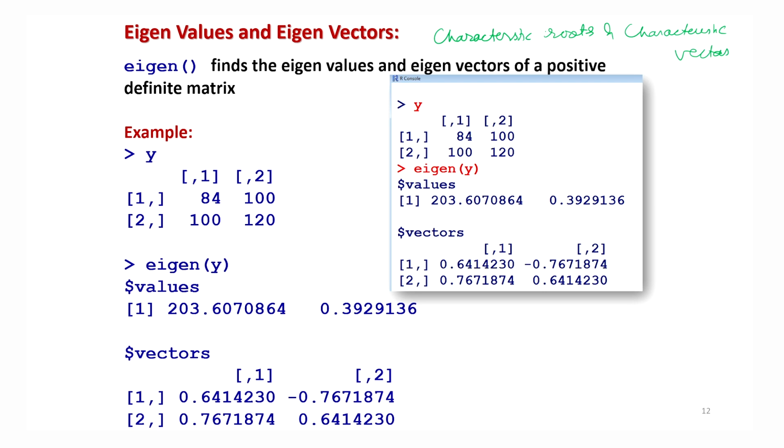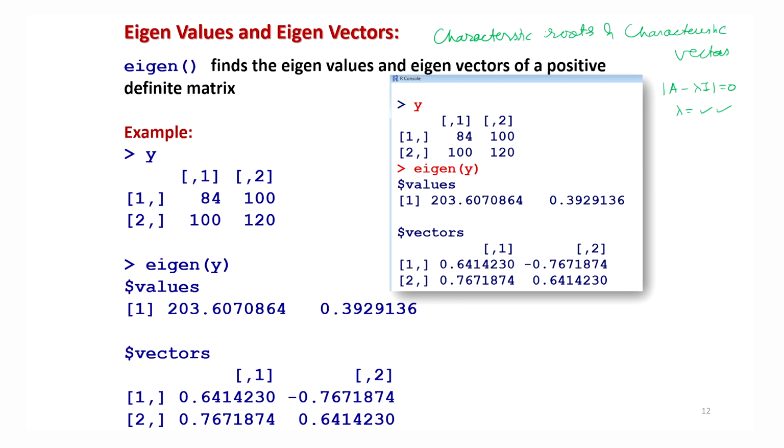Well, I'm not going to give you the details of how you find the characteristic roots and characteristic vectors. Actually, it is something like if you have a matrix A, you solve the determinant of A minus lambda times I equal to 0, and then you will get different values of lambda, and for each value of lambda, you try to find a characteristic vector. But anyway, I would request you to look at this concept in the book, but here I would like to illustrate how you can find it in the R software.